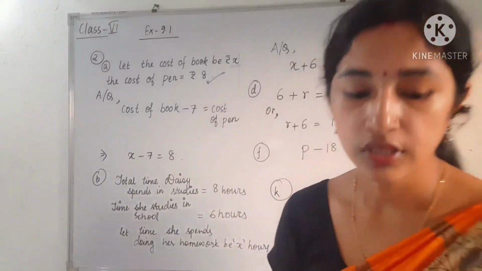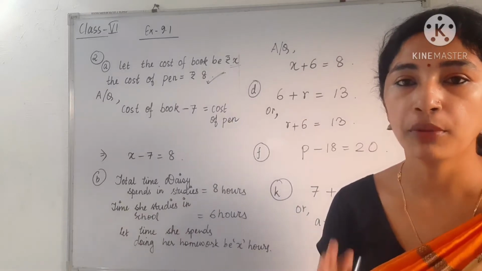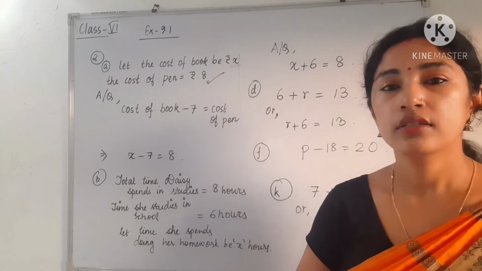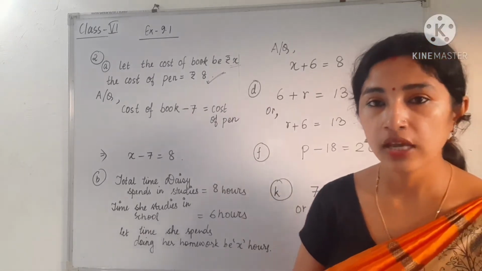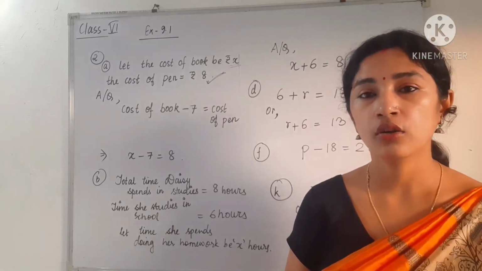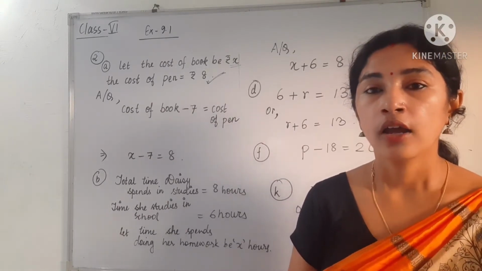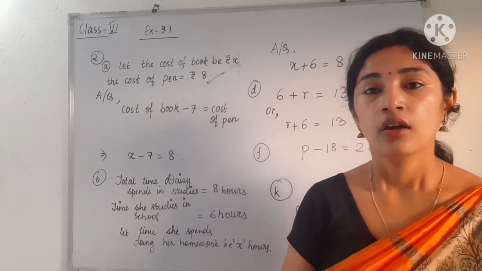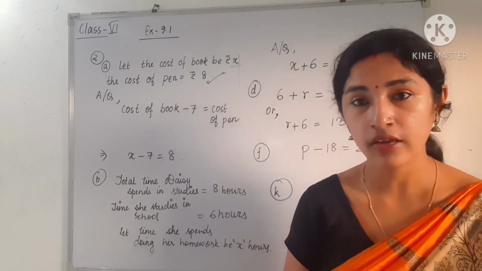So see students, in the next question number 2, we have to first of all read the question properly and then form the algebraic equation. Already it is given in the question that there is no need to solve the equation. So how to form the algebraic equation? Already I told you that we use the constants, or you can say numbers, from the given question, and the unknown. Unknown means the item, or the cost of an object, or the number which is not given in the question.